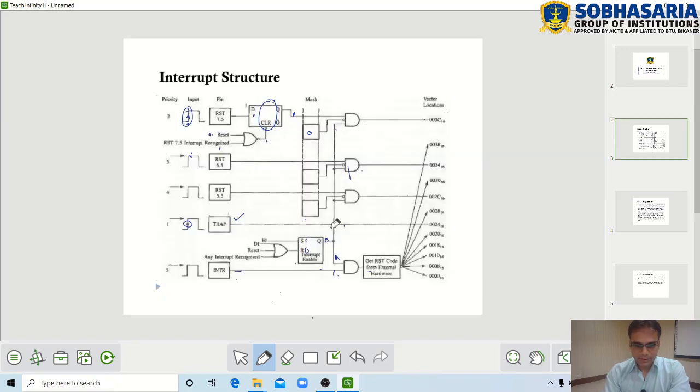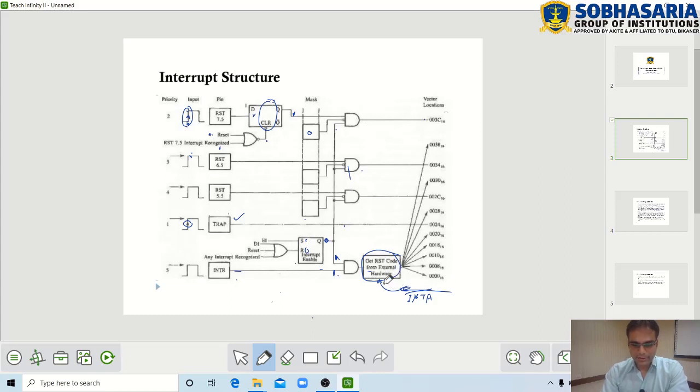So when the situation is 1 and 1, after that we are creating a 0 over here just to ensure that another interrupt does not disturb this entire process. And once this signal 1 1 is received on the INTR line, the microprocessor sends INTA bar, or active low INTA, the interrupt acknowledgement signal, which is sent here to a particular hardware to get the particular RST code, right?